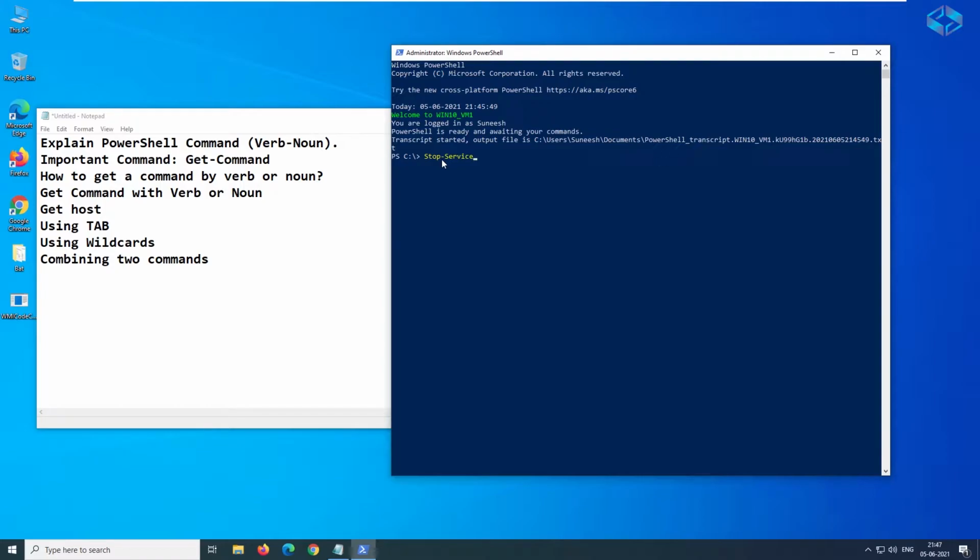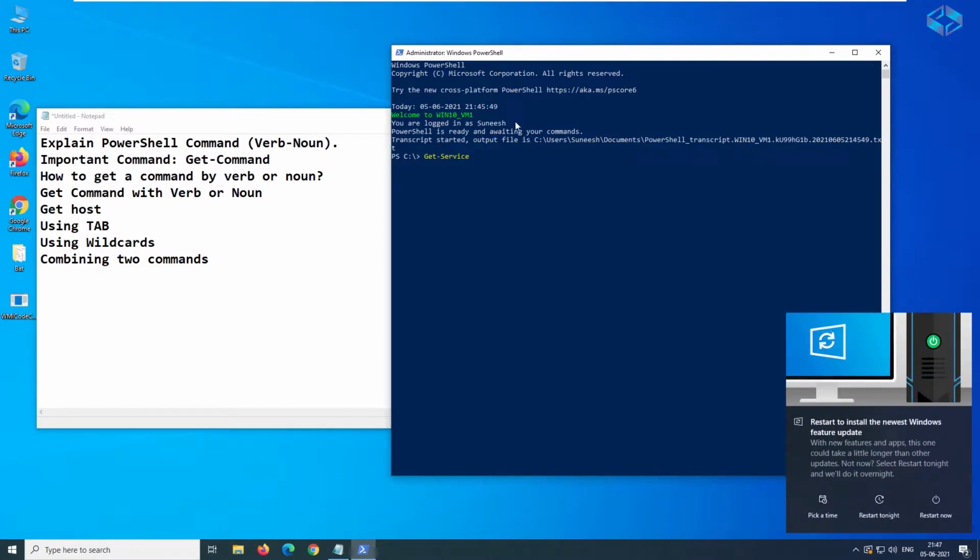If you think about any Windows PowerShell command, just keep this as a thumb rule in mind: it will always have a verb and a noun, and in between there is a hyphen. These two will help you understand easily what a Windows PowerShell command looks like. So that is about the first topic. Any command you take, Get-Service is also the same way, and that is how all the commands look. That is a very important point I would like to tell you.